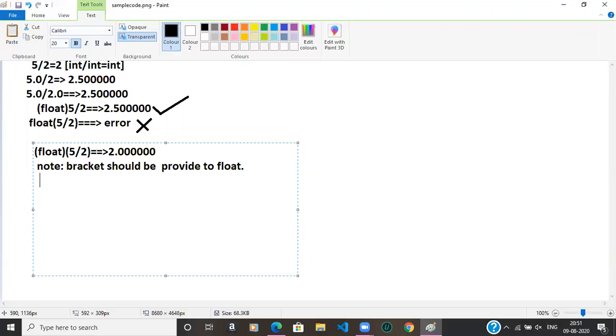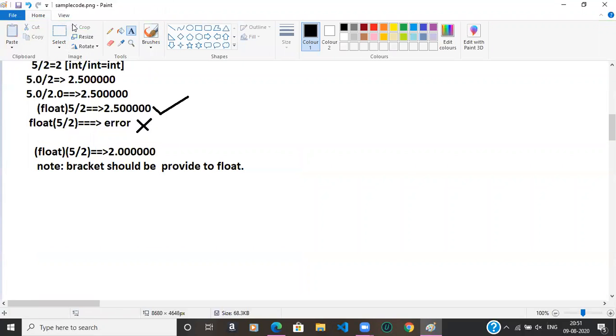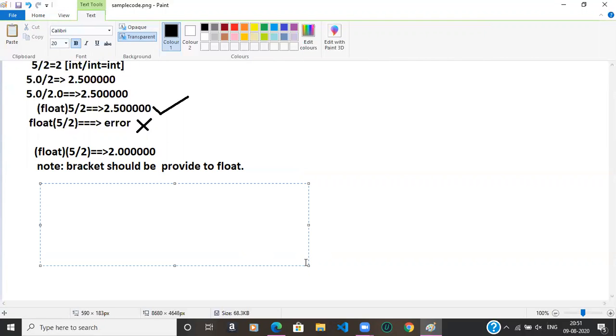We will see how to print like this. printf %d, comma 123 by 10. Remember this, 123 by 10. Here also, any number by 10 removes the last digit.